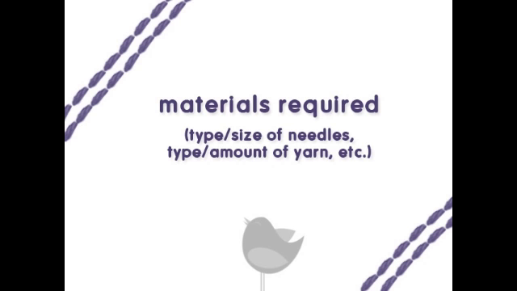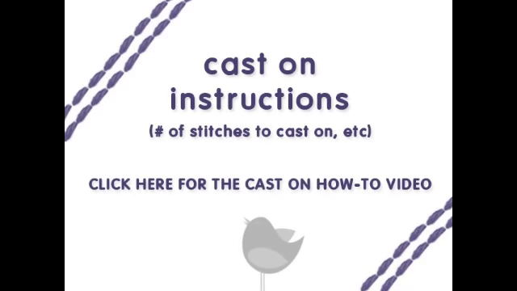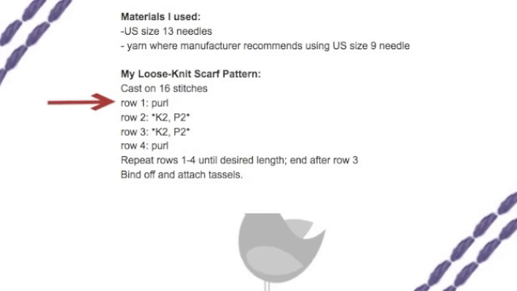Most knitting patterns will have material information at the beginning of the pattern, where they'll tell you what type of needles and the size of needles that are required, as well as what kind of yarn and how much yarn you'll need to complete the project. Then you'll see cast on instructions, where you'll find instructions on how many stitches you need to cast on to get the project started. Next, you'll find row stitch information, where it'll tell you what stitches are required in each